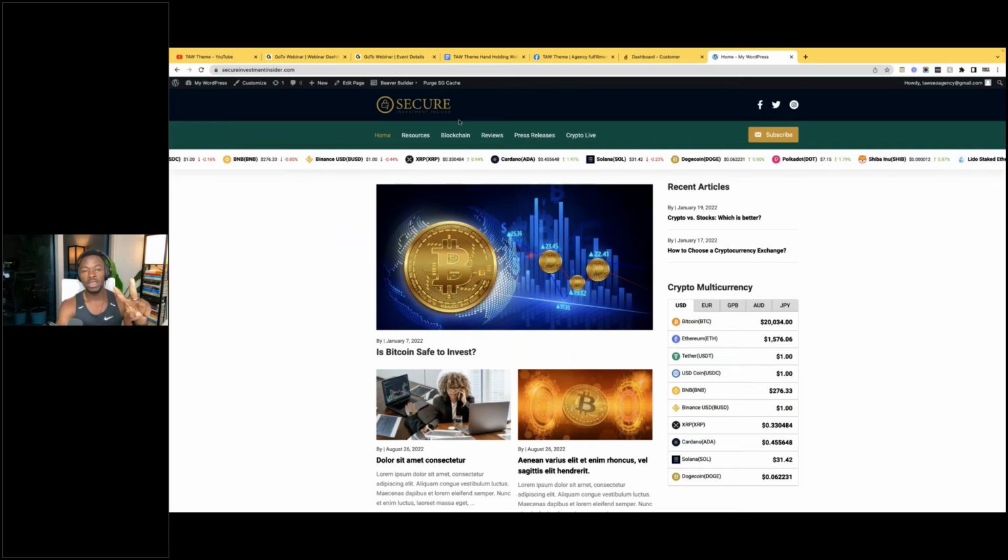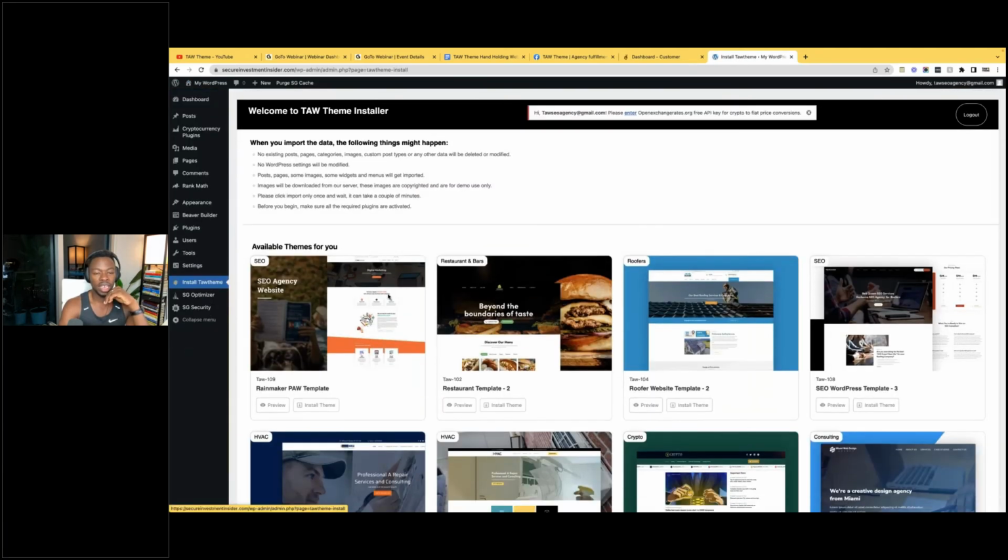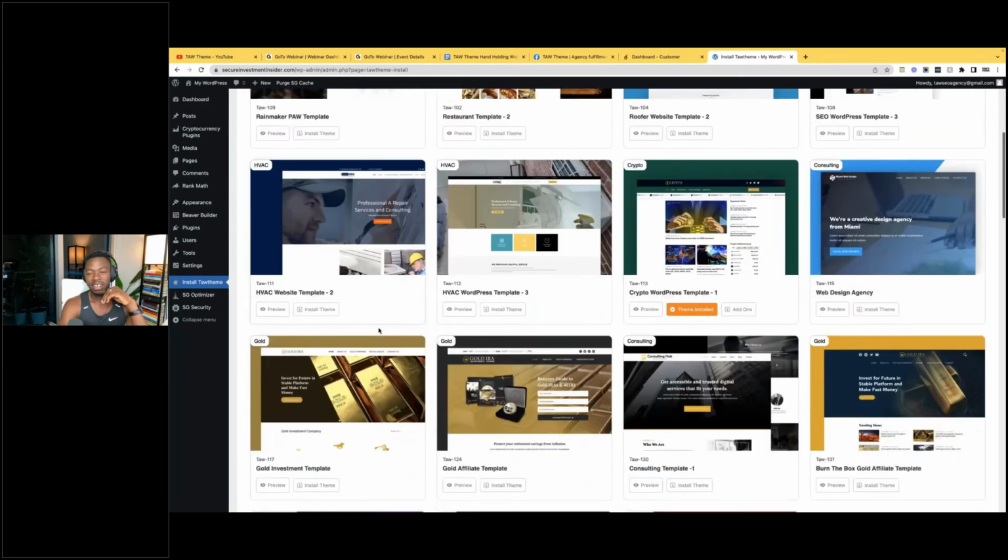What we're gonna do, we're gonna add two pages, an about page and a contact page. And let's go ahead and get it going. I'm gonna go to my dashboard here, my WordPress dashboard. And as soon as I get to my dashboard, I'm gonna go on install theme and find the theme that